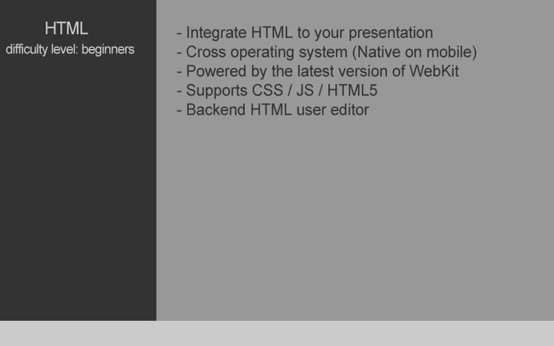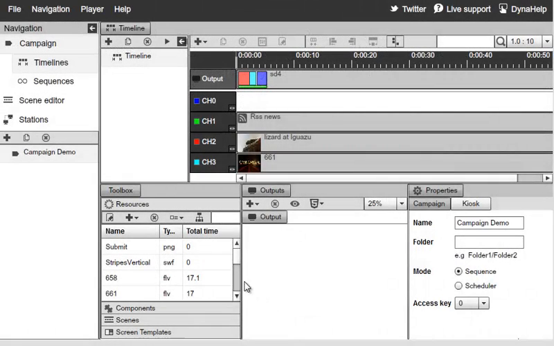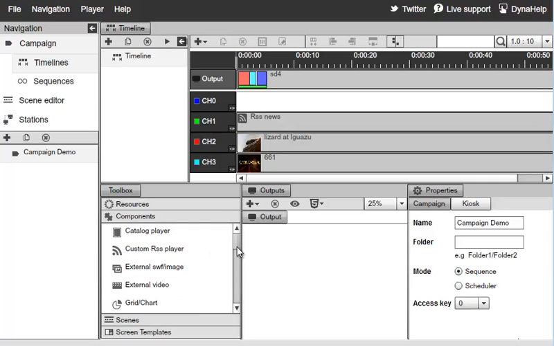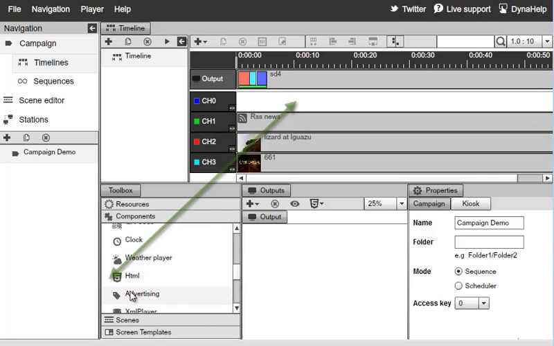the latest technologies. Now, one more neat feature of the HTML component is that you can actually load it as a browser inside the Signage Studio as well and use it as sort of a backend HTML user editor. So I'll go ahead and talk about that as well. So in the Signage Studio, the first thing you want to do is switch to Components, scroll down and grab the HTML component, drag and drop it to a free channel,